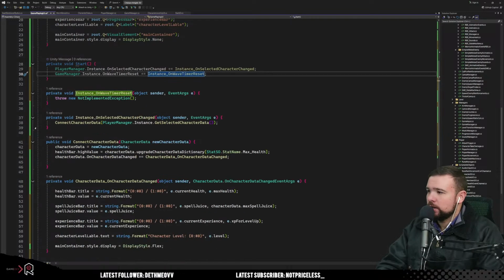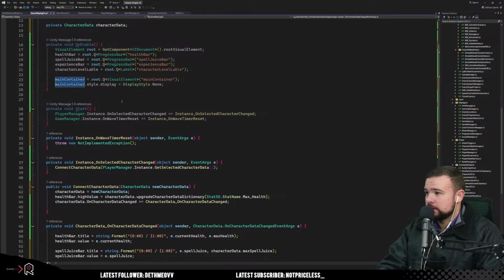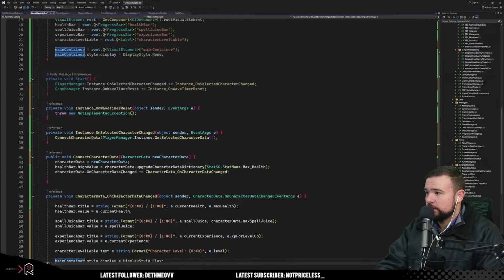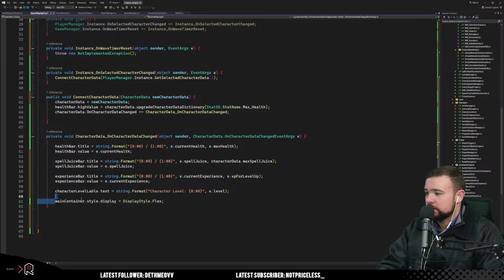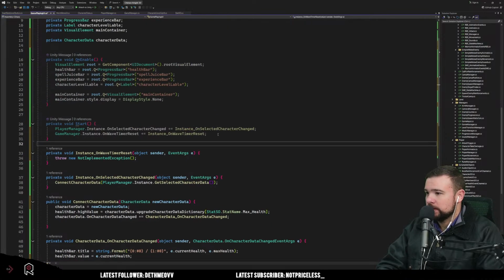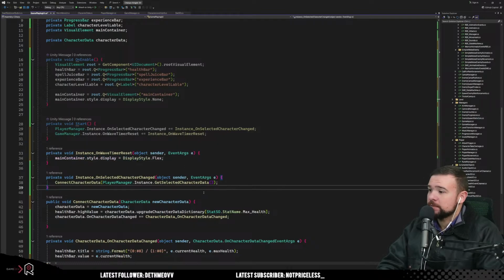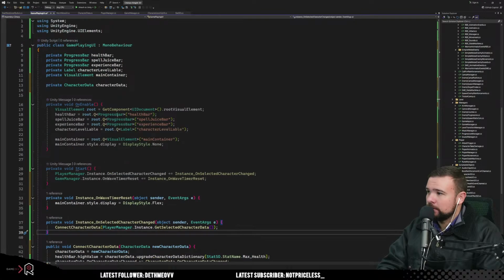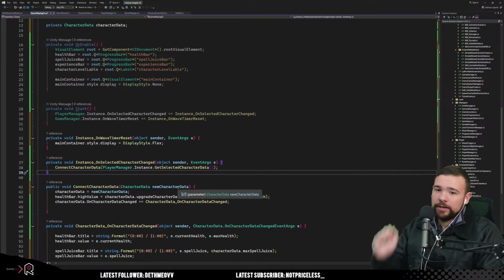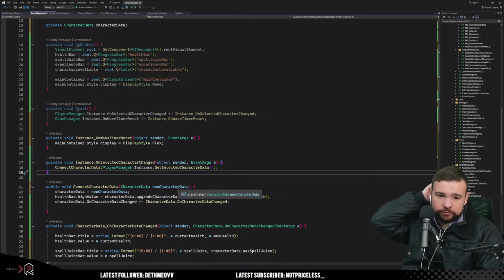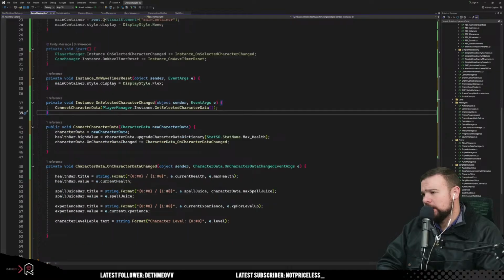Okay. So when we do that, we wanna effectively hide. No. We want to show it, right? So this is how we show it. Okay. So we're showing, we're displaying our game playing UI. Okay. And then